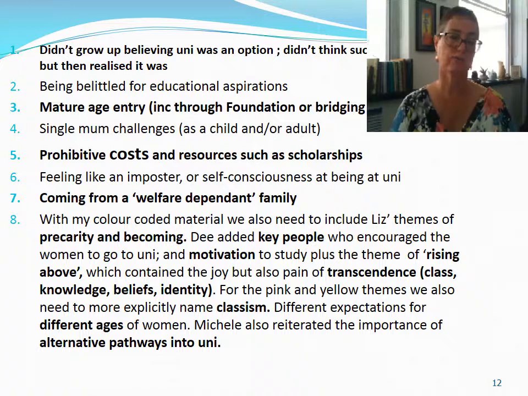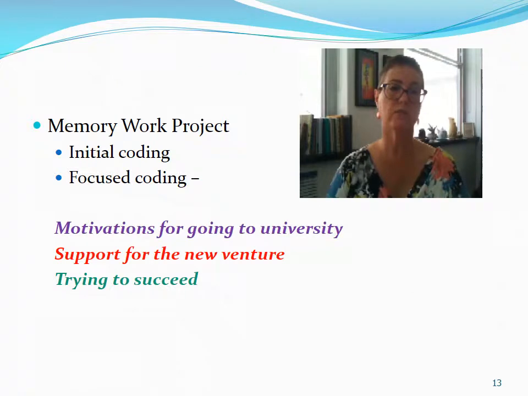So these were lots of the themes that we had. There's 10 of those. I won't read through them all because you can do that for yourself. But we ended up with, in actual fact, more than 8 codes. I've listed 8, but if you have a look at the last one, there's a number of codes there. Now, from that, say 8, what we did was come down into a focused coding. So we had lots and lots to start with. That's quite normal. And then we got focused. And we thought, well, what do those 8 have in common? Can we draw some of those together?